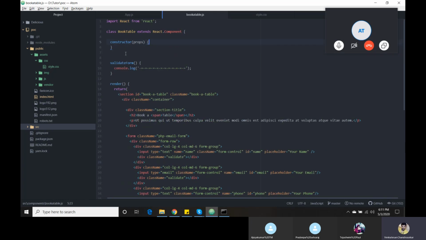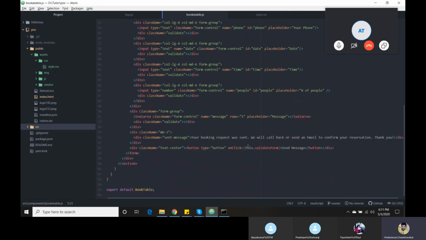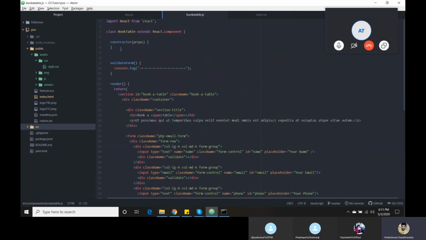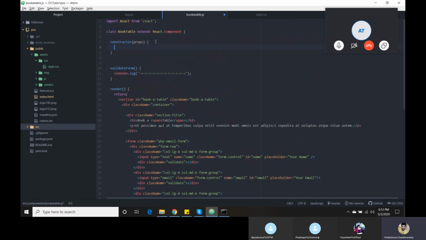Then we need to access this object variable outside the function, outside the declaration. That means the same way I have used the this keyword, it will check wherever the validate form is available inside the component. This is a component. Inside the component, wherever it is, this.validateForm goes there. Inside the functionalities, whatever we are going to give, it will check. That's the reason we are using this. Perfect.